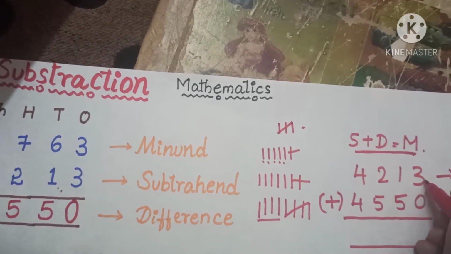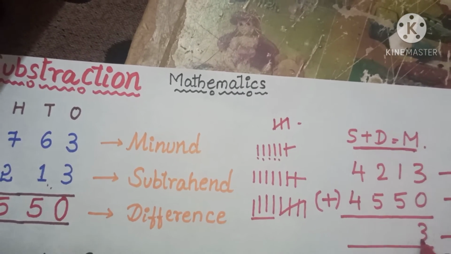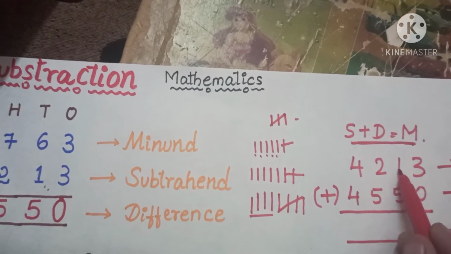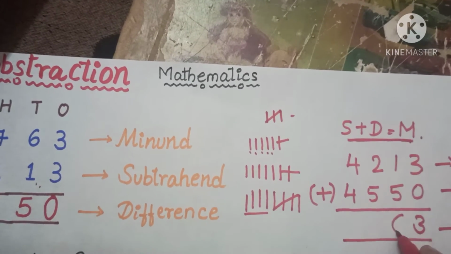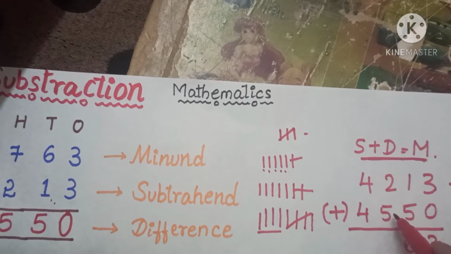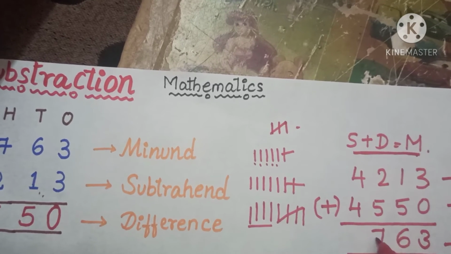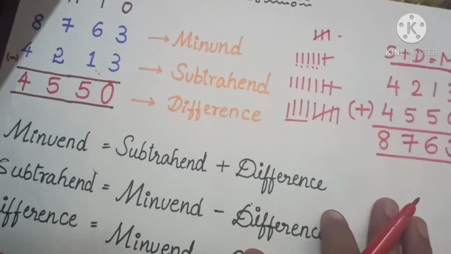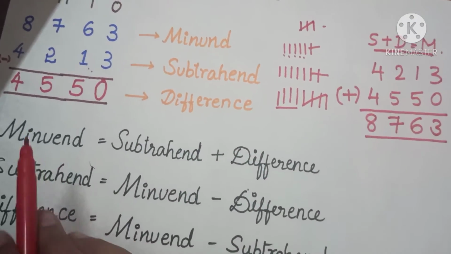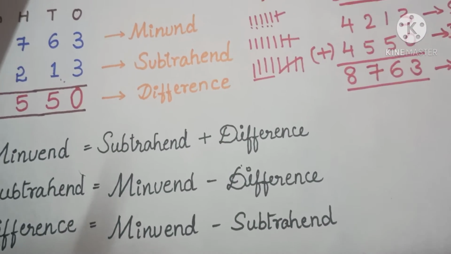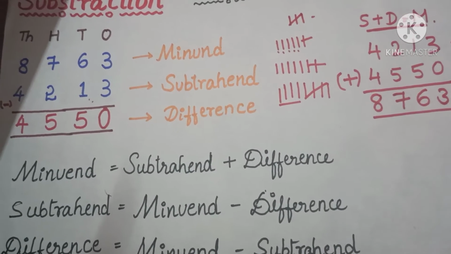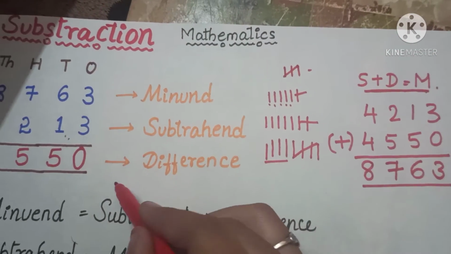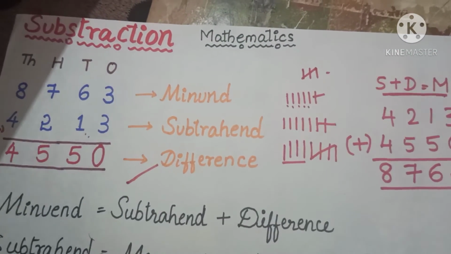Whenever we add 0 to 3 or 3 to 0, we again get 3. We have learned it in our addition facts. And whenever we add 5 to 1 or 1 to 5, we get 6. And 5 plus 2 gives you 7. And 4 plus 4 gives you 8. Here, check it once. 8763. Here also you have 8763, is it not? So it is right. It means that our obtained difference is right.